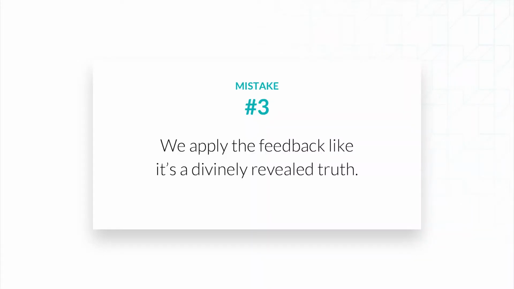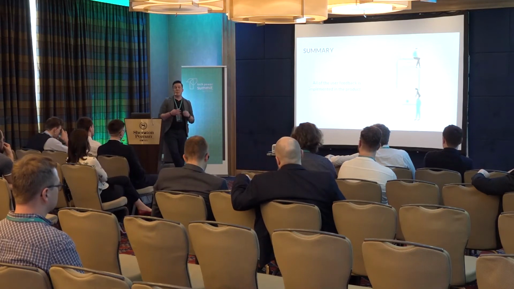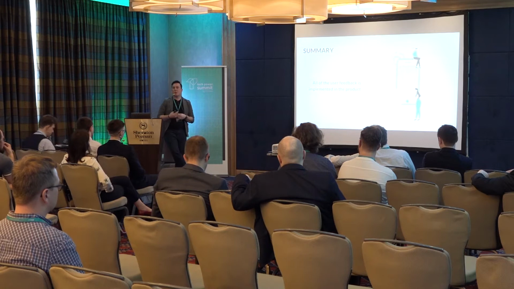And the mistake number 3 is that we apply feedback like it's divinely revealed truth, which means that all of the user feedback, because it is user feedback, it is important, is going straight to the product backlog. It's already implemented in the next sprint because someone said that it is unusable. Someone said that he doesn't like this particular part of the product. He doesn't like how you have to navigate through the platform. So it already goes towards the implementation, and we are already implementing this,